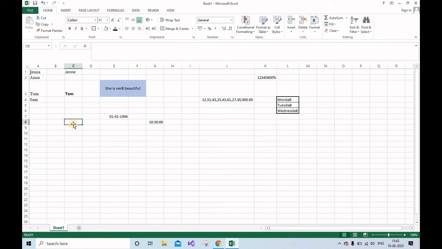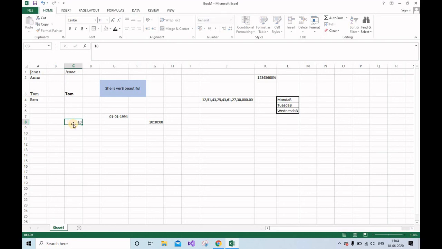Now we'll go to the function. So first I'll tell you how the AutoSum works. AutoSum is the sum of all the numbers that have been written. It will make the sum of it and it is the inbuilt function of Microsoft Excel. Likewise, you can make the functions or the formulas by yourself also in Microsoft, but there are some formulas which are inbuilt by Microsoft Excel which you can use.